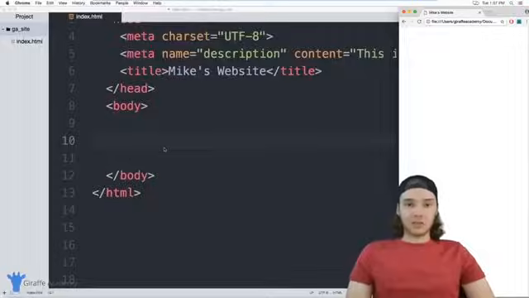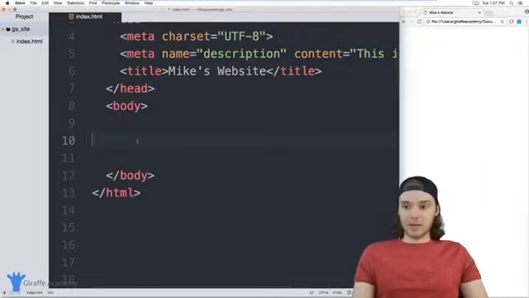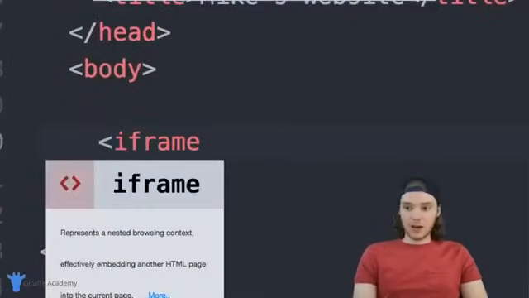In this tutorial, I'm going to talk to you about using iframes in HTML. An iframe is an HTML element that's actually able to display another website inside of your web page. So you can effectively embed an entirely different website inside of your own web page, which is pretty cool. So you can create an iframe tag pretty much anywhere in your site, and it's just iframe like that, and